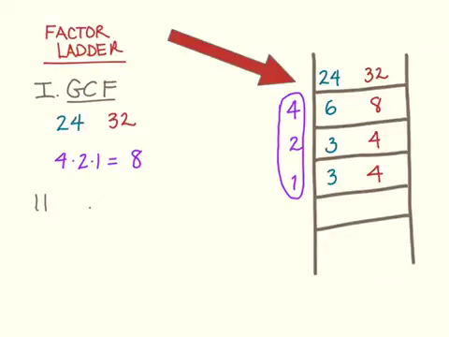The second application we're going to look at is finding the least common multiple. That is the smallest number that both 24 and 32 divide into evenly. You'll see in a few minutes that this becomes very useful when we're looking for least common denominators of fractions. So we already have our ladder set up and we have everything we need. To find the least common multiple, we're going to take the product of the greatest common factor with the remaining